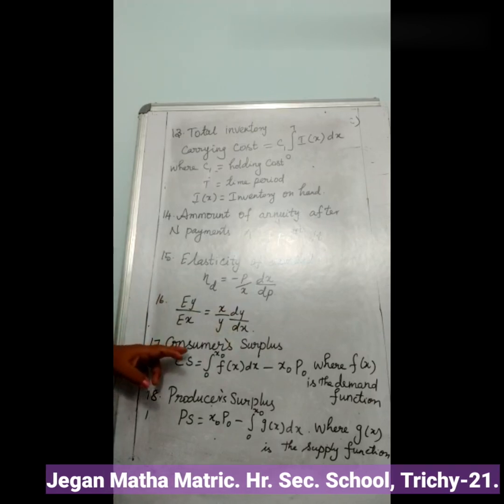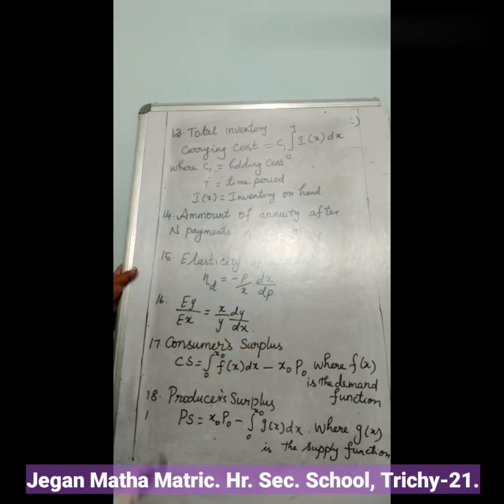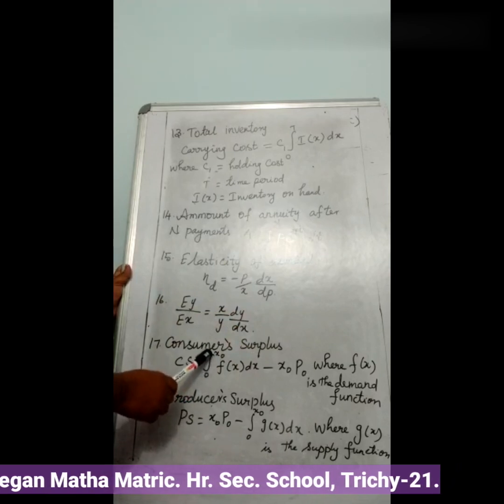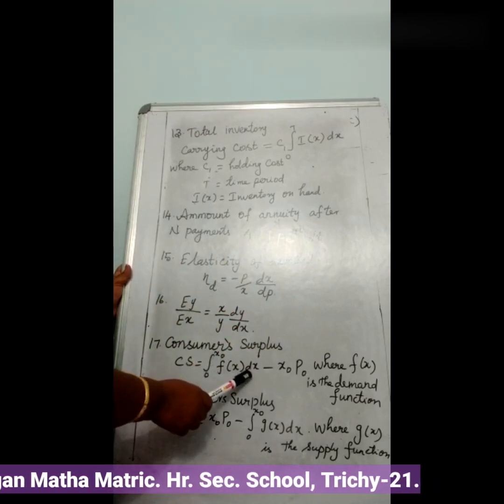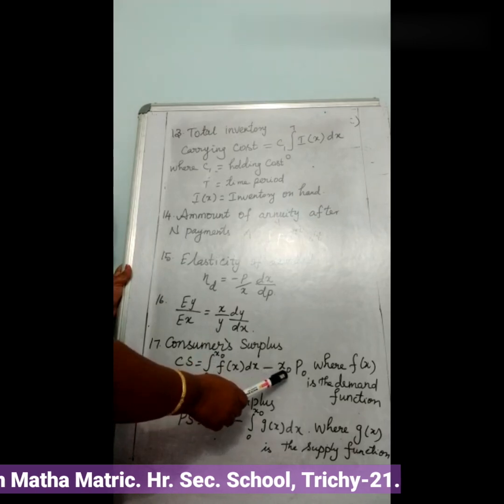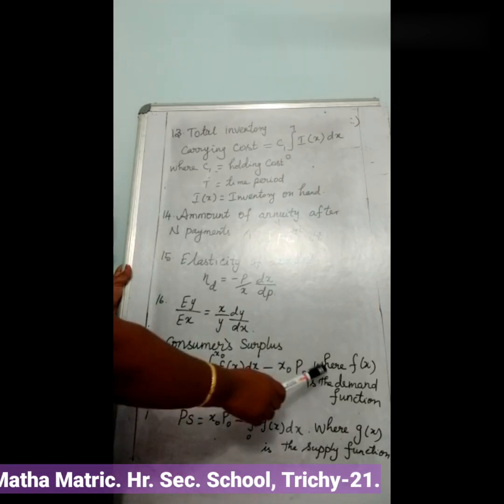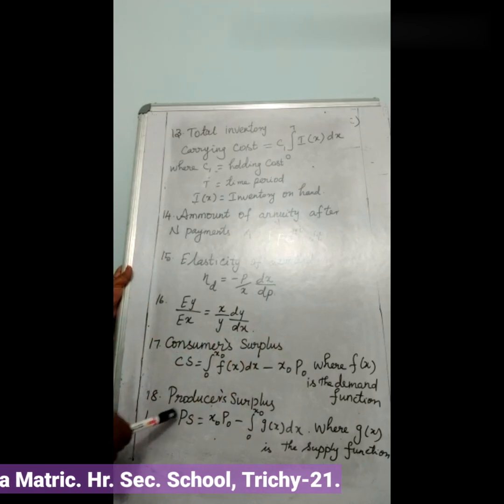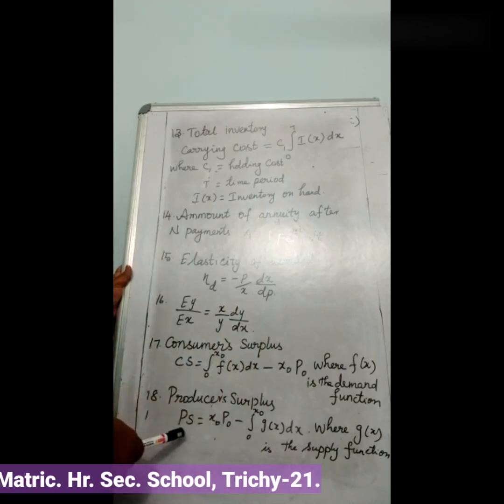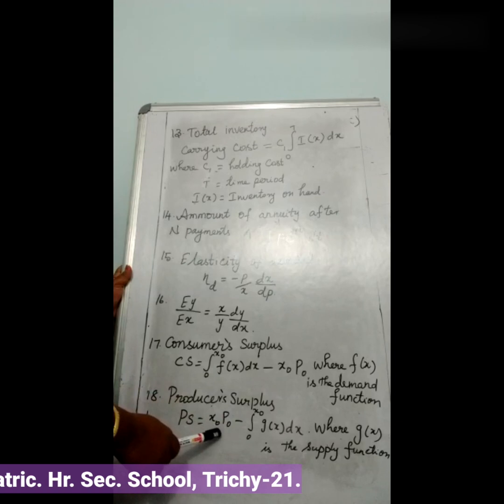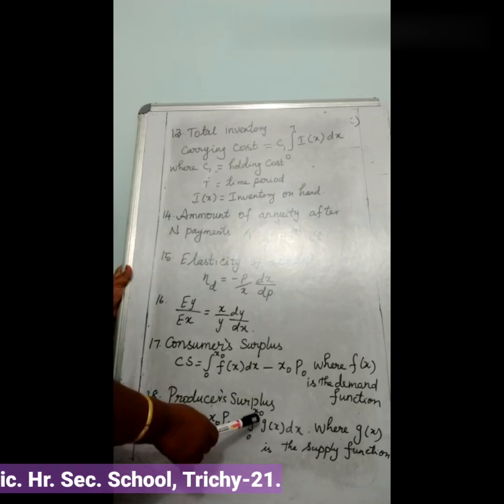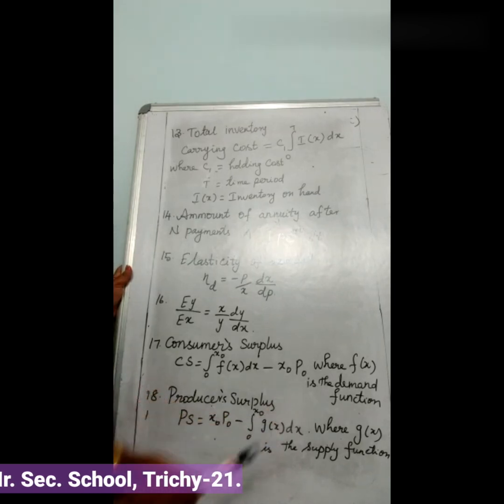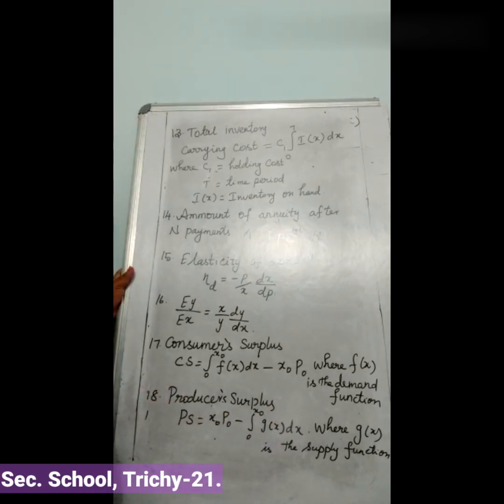Next one, consumer surplus. CS = integral of 0 to x0 f(x) dx - x0 p0, where f(x) is the demand function. And the last one, producer surplus. PS = x0 p0 - integral of 0 to x0 g(x) dx, where g(x) is the